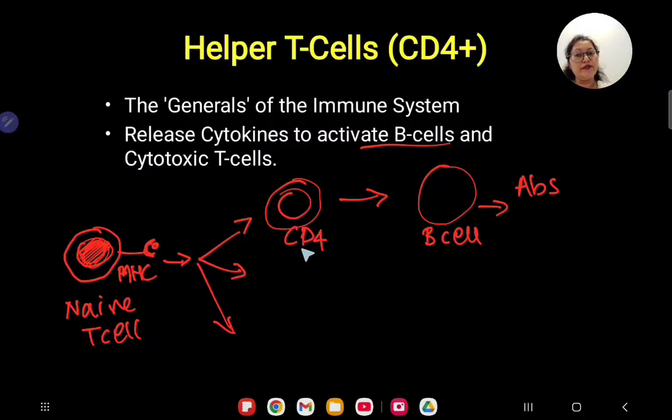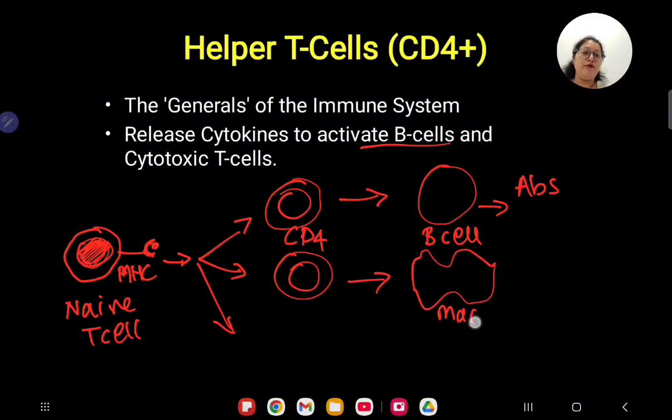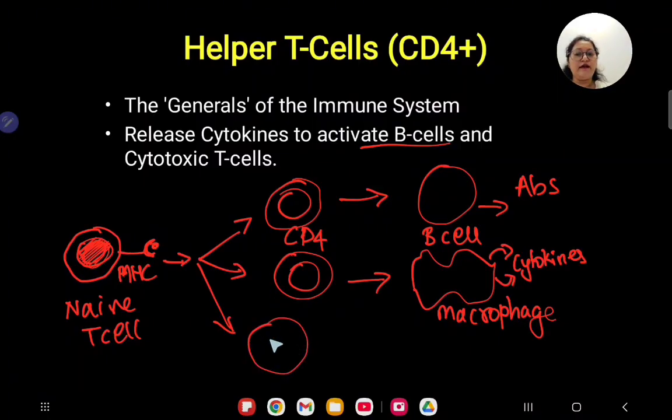What another thing happens with the helper T cell, the second fate of this helper T cell, is where it is going to tell a macrophage. If you remember, macrophages are nothing but monocytes in our tissues. It's going to tell a macrophage, and then the macrophage is going to release out cytokines. The third thing that can happen with any T helper cell is they will go and they will stimulate